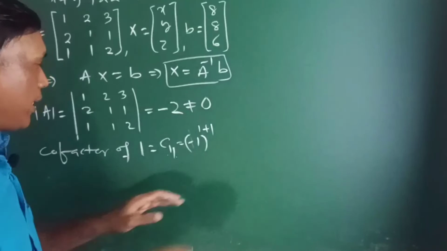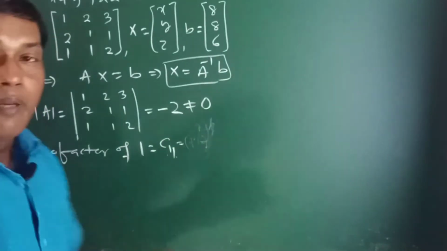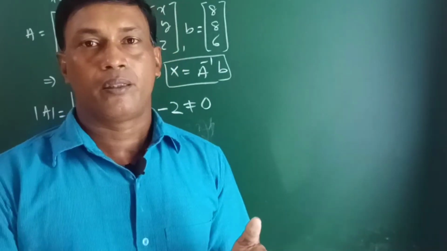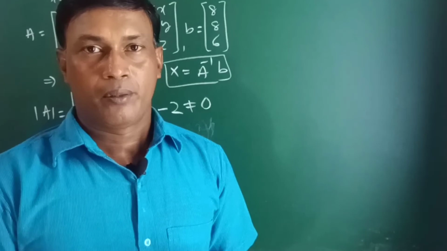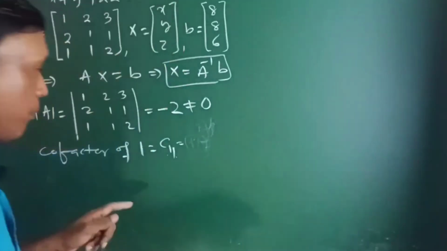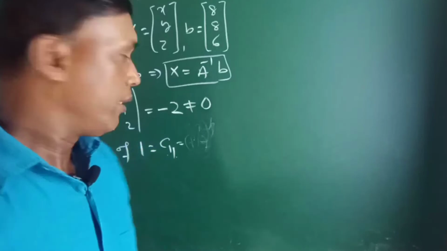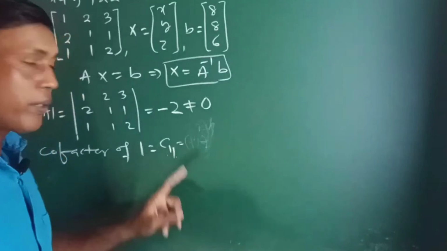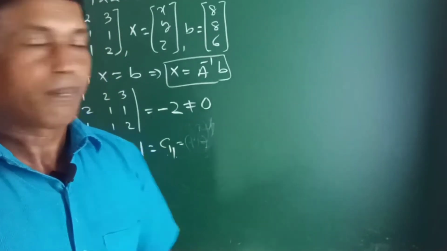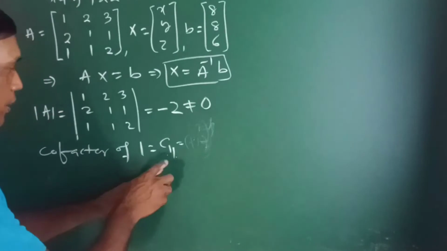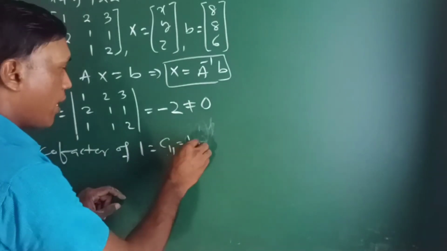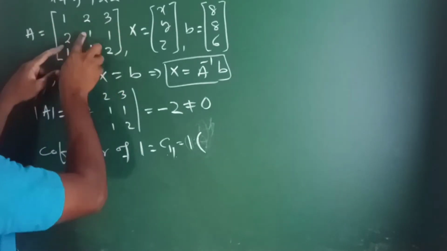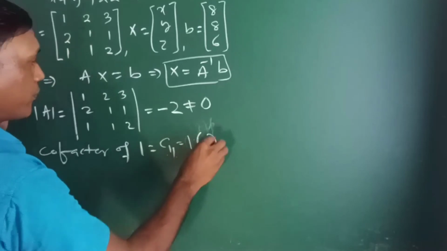सो इन शॉर्ट तुम याद रखो, एक एलिमेंट का कोफैक्टर कैसे निकालेंगे. एक एलिमेंट का कोफैक्टर -1 इंटू माइनर और +1 इंटू माइनर. माइनस कब मल्टीप्लाई करेंगे? प्लस कब मल्टीप्लाई करेंगे? If i plus j is even, then 1 into minor. If i plus j is odd, then -1 into minor. Cofactor C11: 1 plus 1 is 2, even. So 1 into the minor of 1, and the minor of 1 is this determinant: 2 minus 1 is 1.